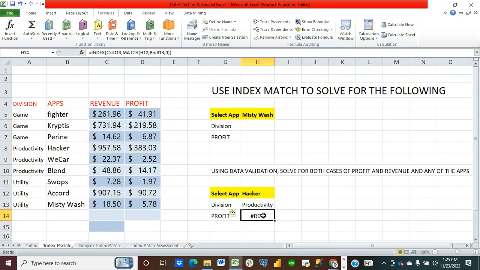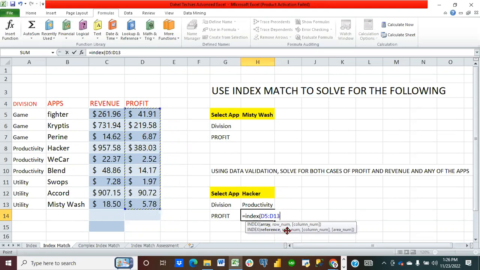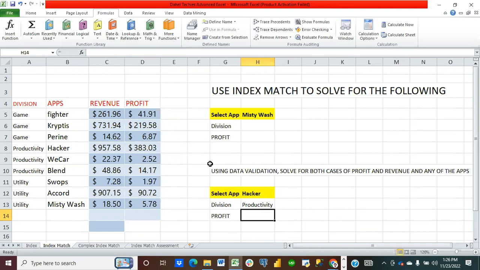Can you see it shows error? Right? It shows error. I know what would have happened: we should have just picked the profit and only the topic. We wouldn't have clicked on all this. Click on it again. Let's try it again. INDEX, bracket open, our array, just the topic, right? Just pick the topic alone, the two topics, revenue and profit. Click on only the two of them. INDEX, array, only the two. Exactly. All right. And then we have MATCH,